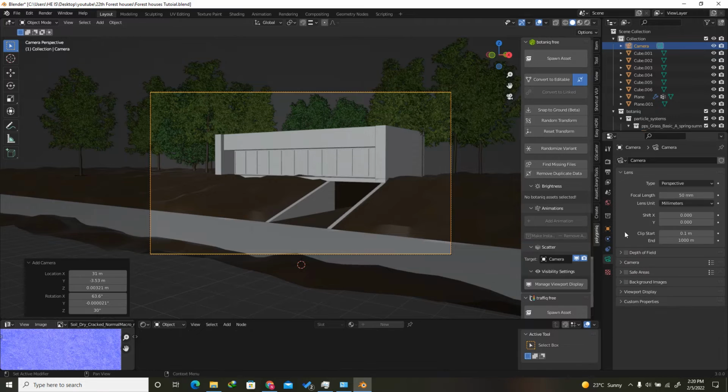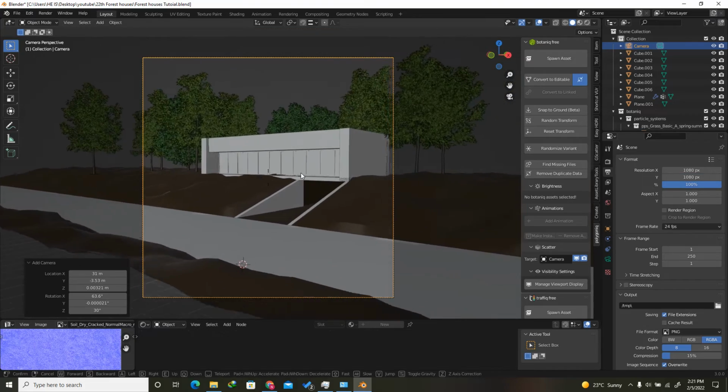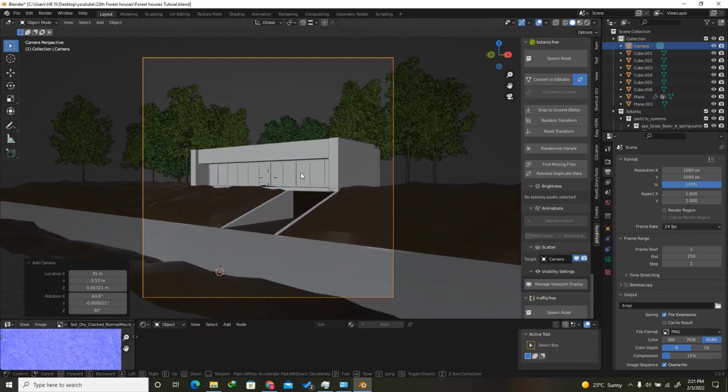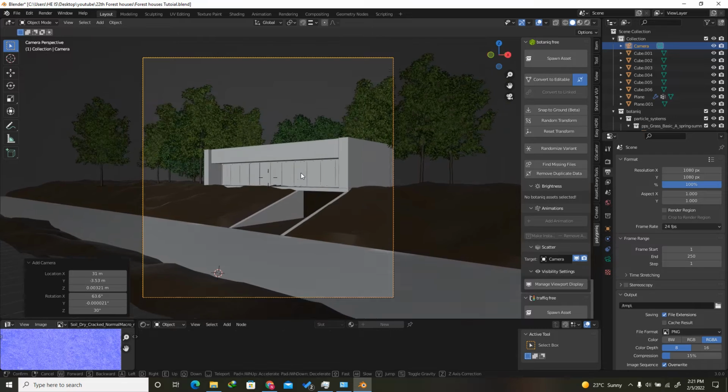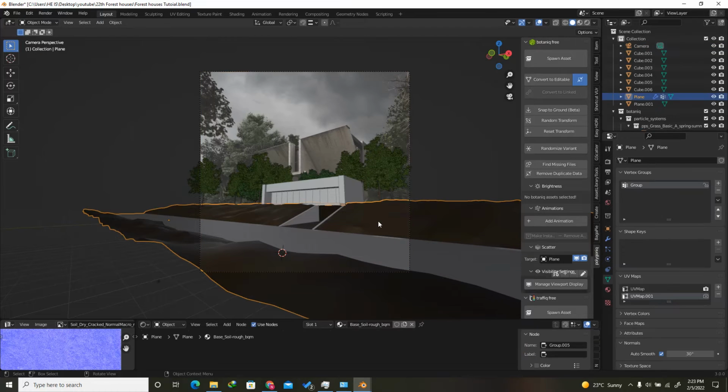After that, what I can do is I can adjust the resolution right here. So I'm just going to make both of them 1080. So just adjust the place where you want the camera to be placed. The next thing that I have done for the camera is, if you go to the camera setting, make sure that the camera is selected, I have made the focal length 29 millimeters. So after this, I can hit Ctrl S to save everything in case it crashes,